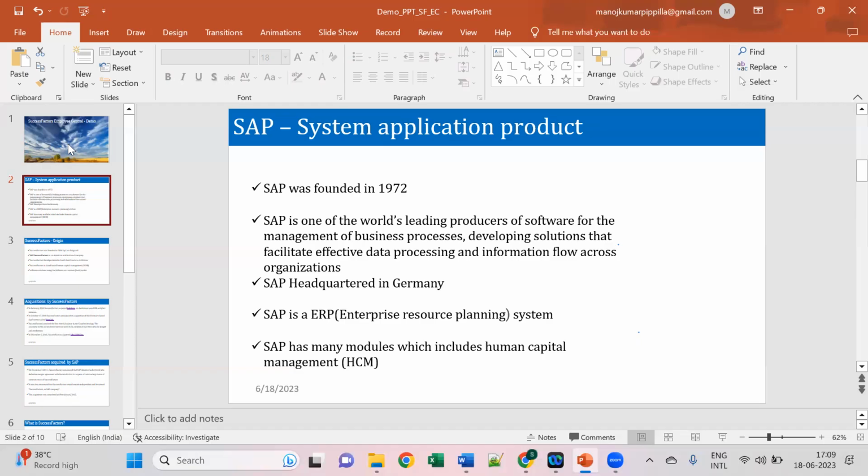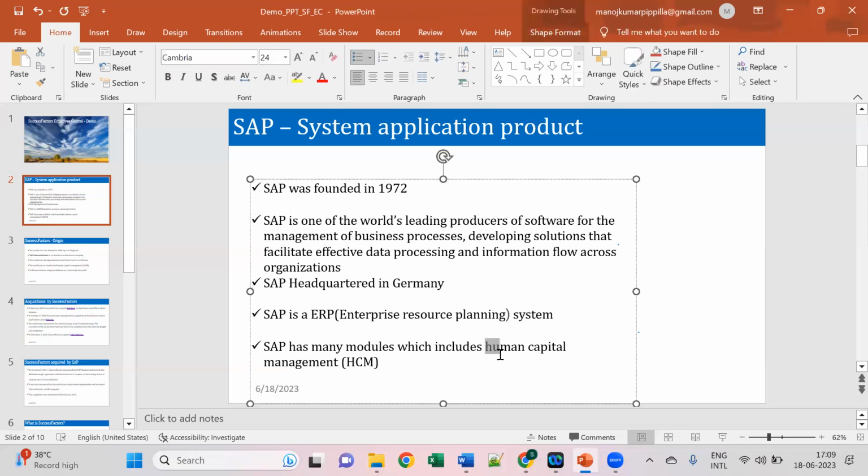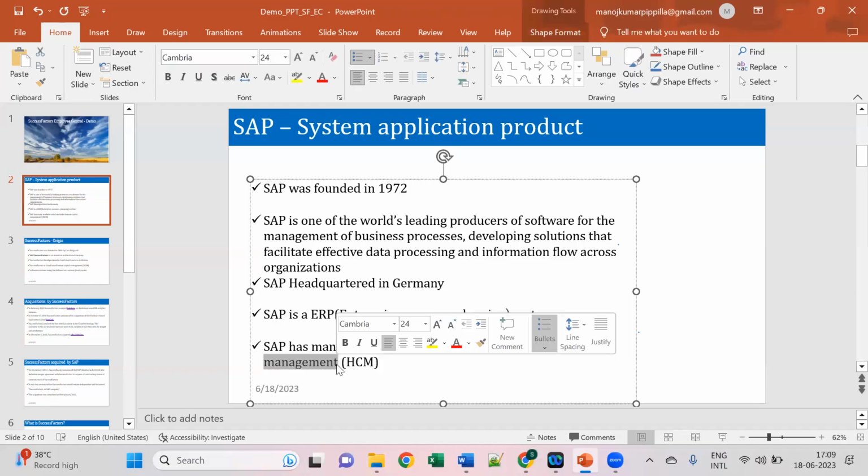To maintain employee data, they use the SAP HCM system, which is human capital management. Not only in SAP, any application used to maintain employee-related data is human capital management. Within SAP, there is a separate module called HCM used to maintain employee data.